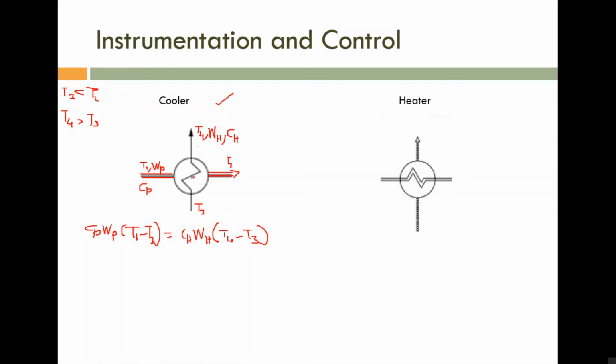And you can see one more thing. I told you, through the shell, the medium with high temperature is filled inside this shell. Am I correct? And the medium with small temperature is flowing through the tube. So here we have to consider the temperature of the medium before the effect. Before the heat transaction, the temperature of the process medium is relatively large, so that one is filled inside the shell, and the cooling liquid has relatively small temperature, so that is flowing through the tube.